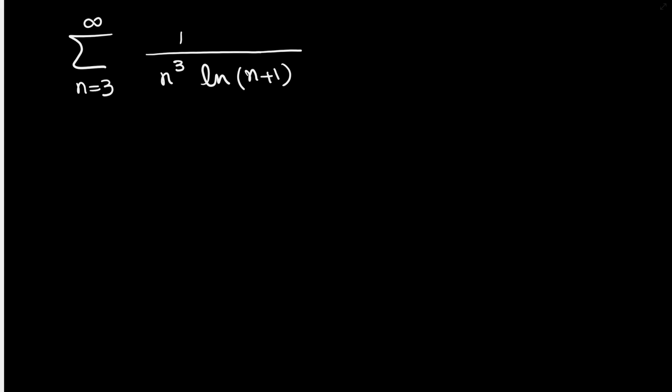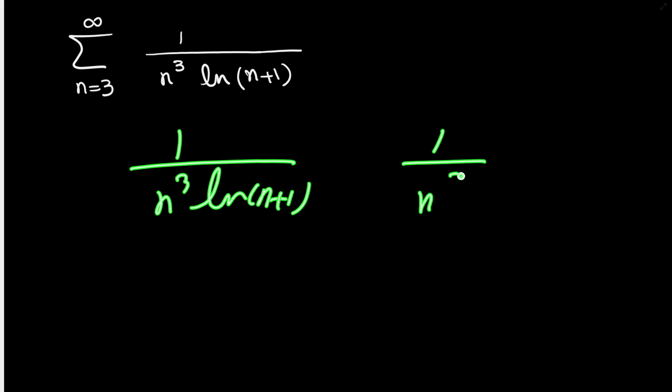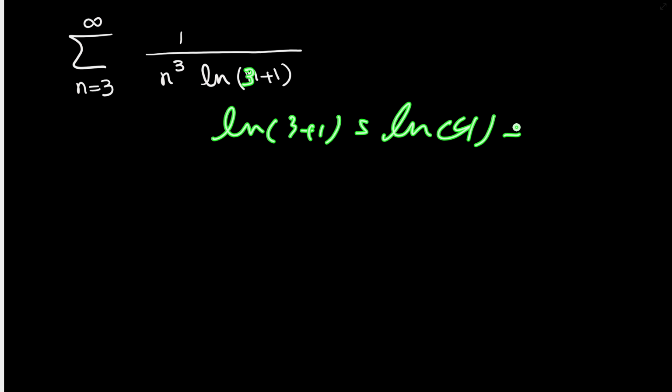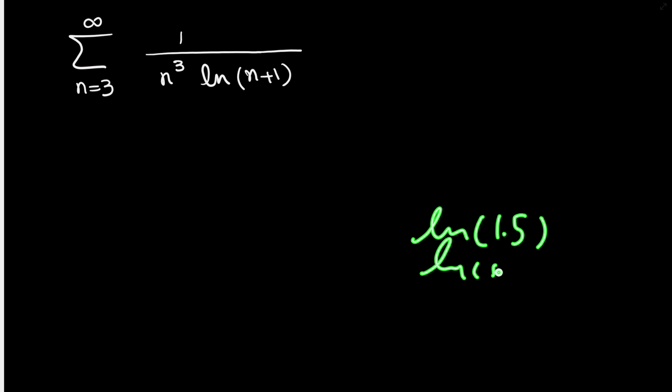You may think that, okay, I can compare 1 over n to power 3 natural log of n plus 1 with 1 over n to power 3, and maybe one of them is greater than the other one. Because natural log of n plus 1 when it starts from 3, at least it's natural log of 3 plus 1, which is natural log of 4, or 2 times natural log of 2. Natural log of 1 is 0, right? And whatever is after 1, a natural log of that value, for example 1.5, natural log of 2, all of